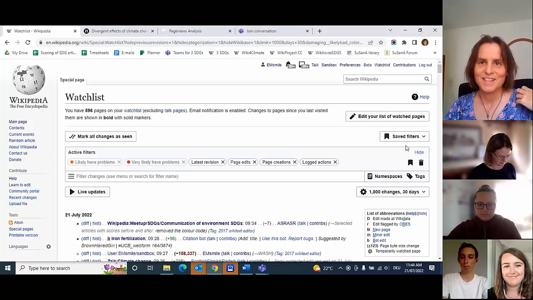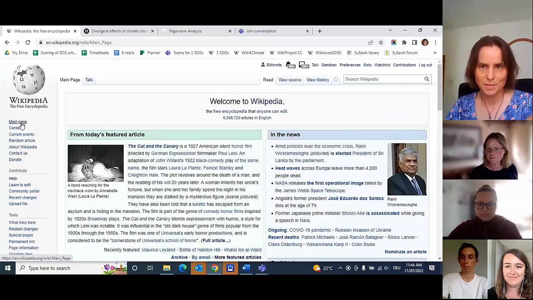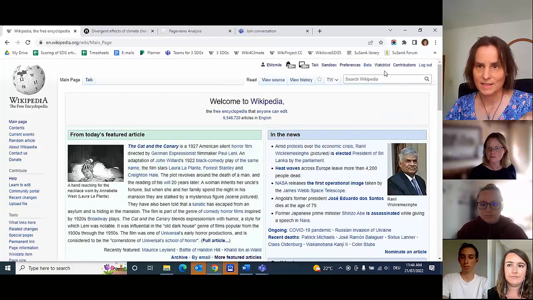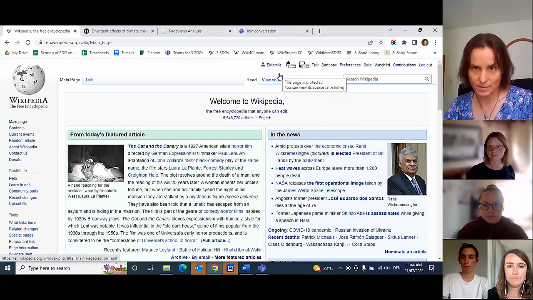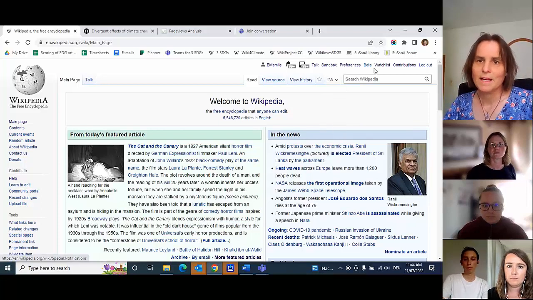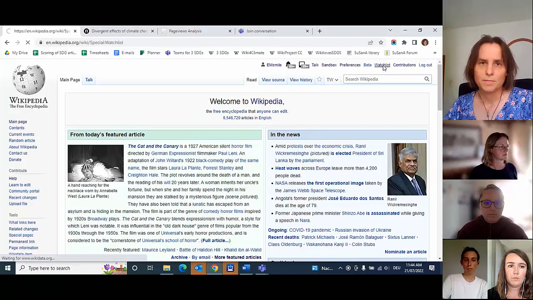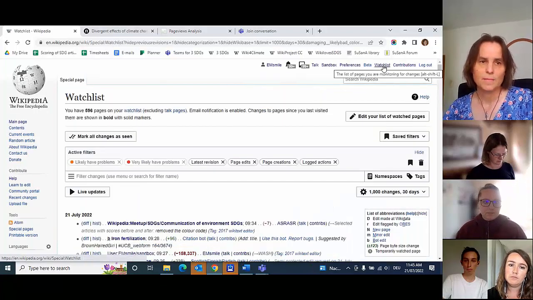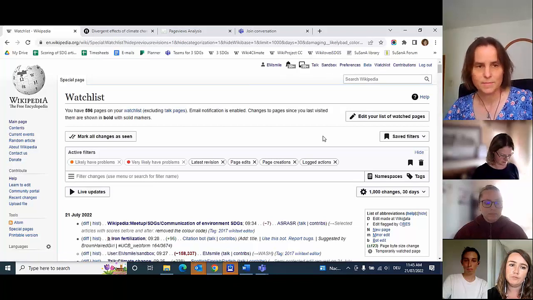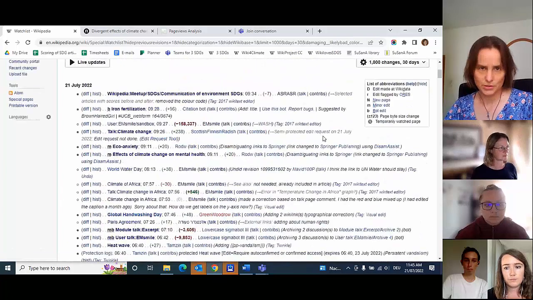So yeah, now that you can see my screen, I was just on the main page before, and then I was highlighting these tabs at the top, which you can see after you've logged in with your Wikipedia login. Each of them is quite important, but right now let's talk about the watch list. People who edit Wikipedia regularly have these watch lists, and what it is simply